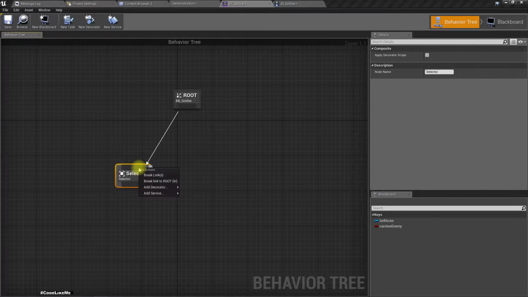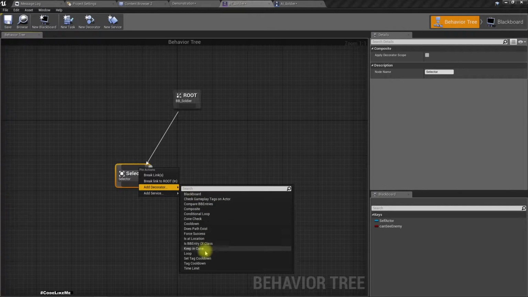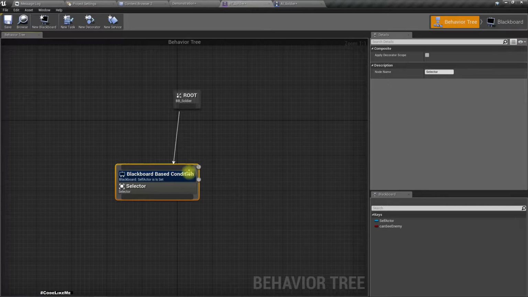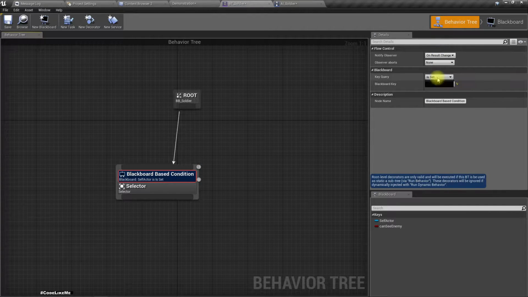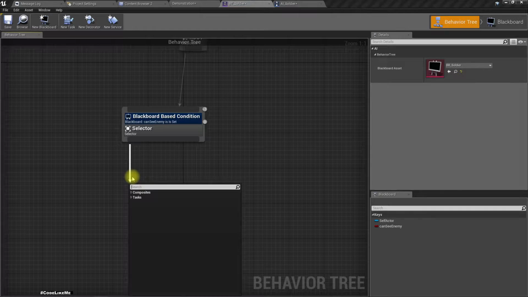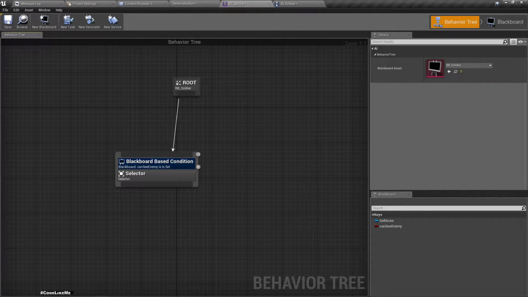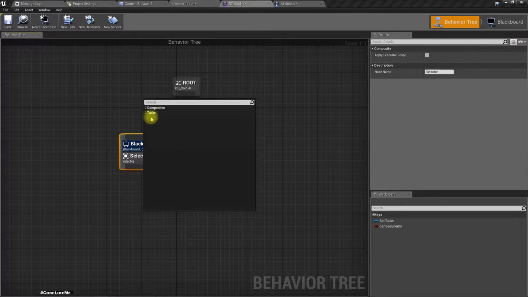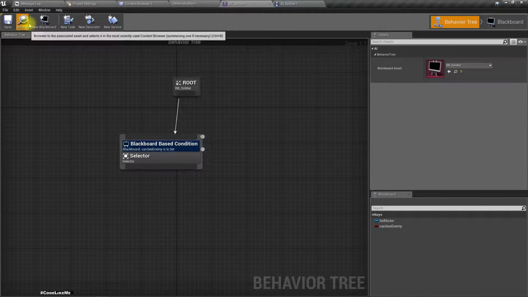Here let's add a decorator, check blackboard. I'll use if the can see enemy is set, then I'm going to add a task to shoot, start shooting basically. But here I need to add a new task to shoot, but I don't have defined any